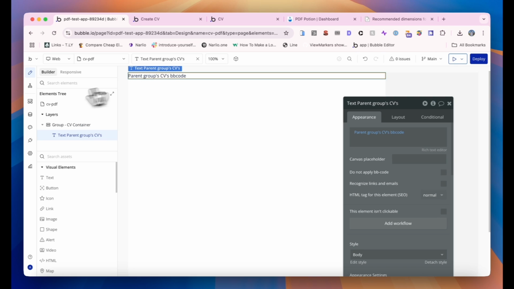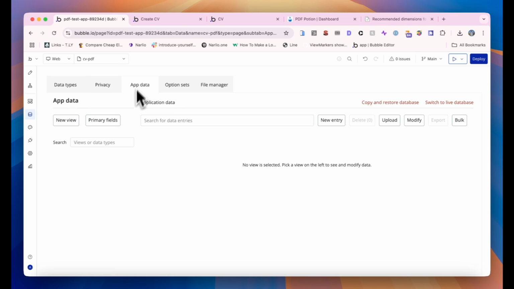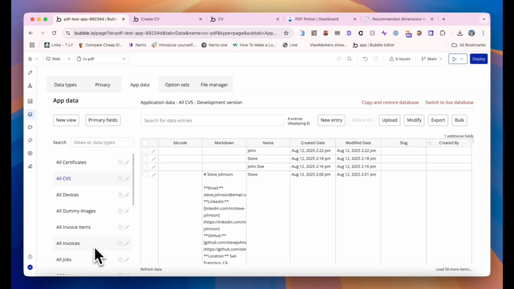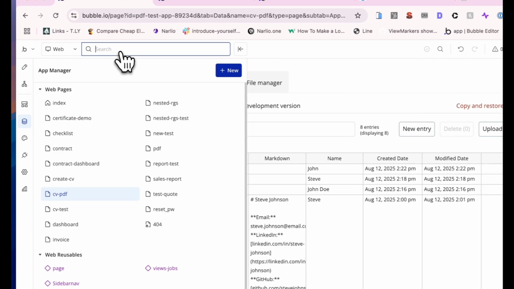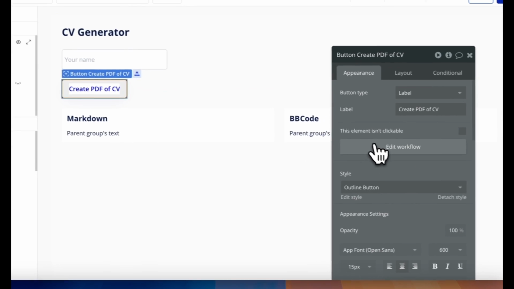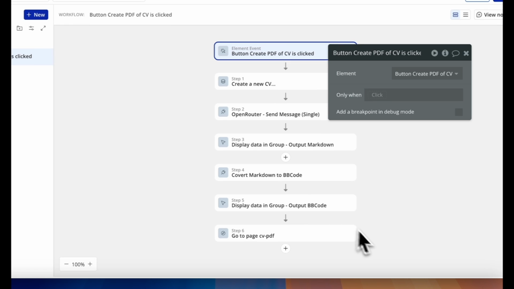parent group CV BBCode, and if we go into our database and look at CVs, you can see we're not saving down the BBCode or the Markdown to it, which is of course an issue. So if we go back to our create CV page, and then we say before displaying the data,